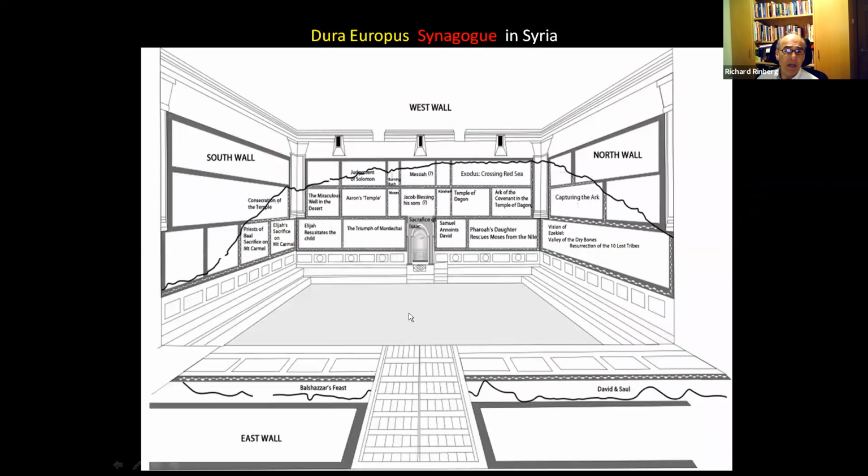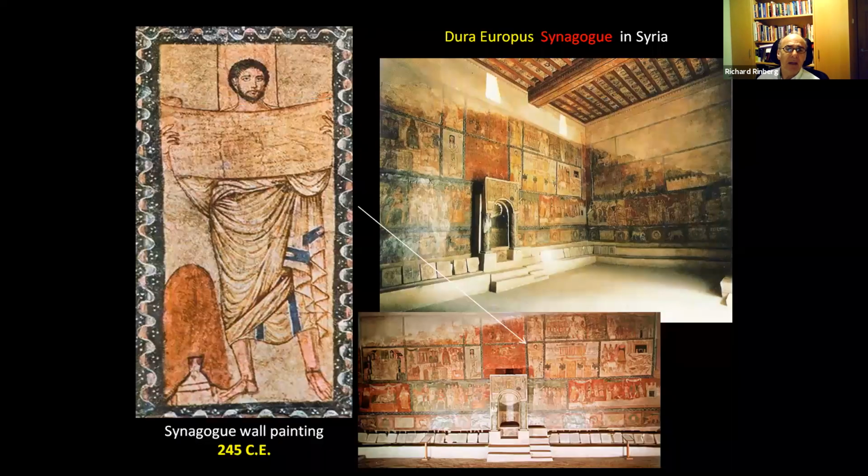Now, if you were walking in the shul, again, I don't agree with all of the descriptions here, but this is the sort of feeling you get. And of course, you're praying towards the Western Wall because you're in Syria, Jerusalem, right? Well, you're to the east, so you're going to pray towards Yerushalayim in the west. And here's the wall again, the niche, and this picture here. There's again academic argument who this is. It may be Moshe reading from a scroll of the law. It's been described in other ways.